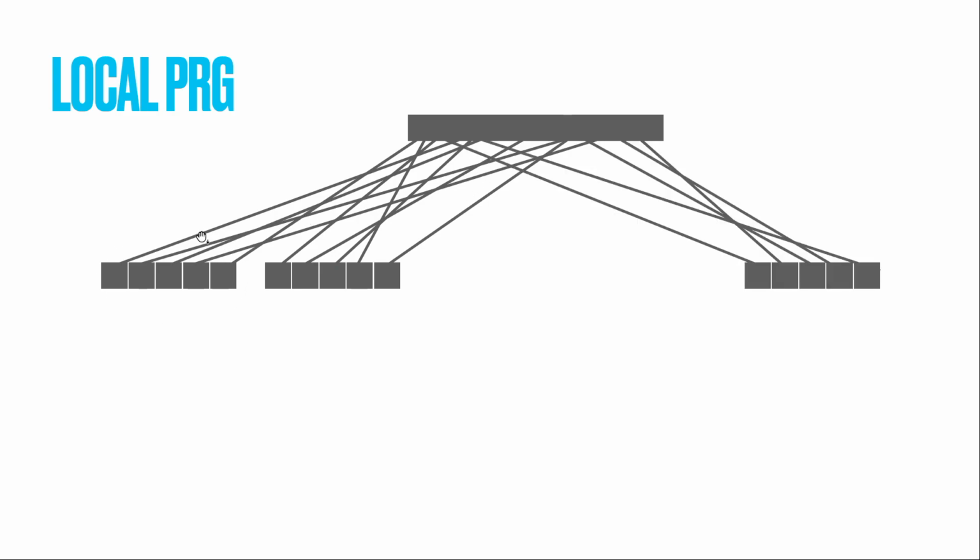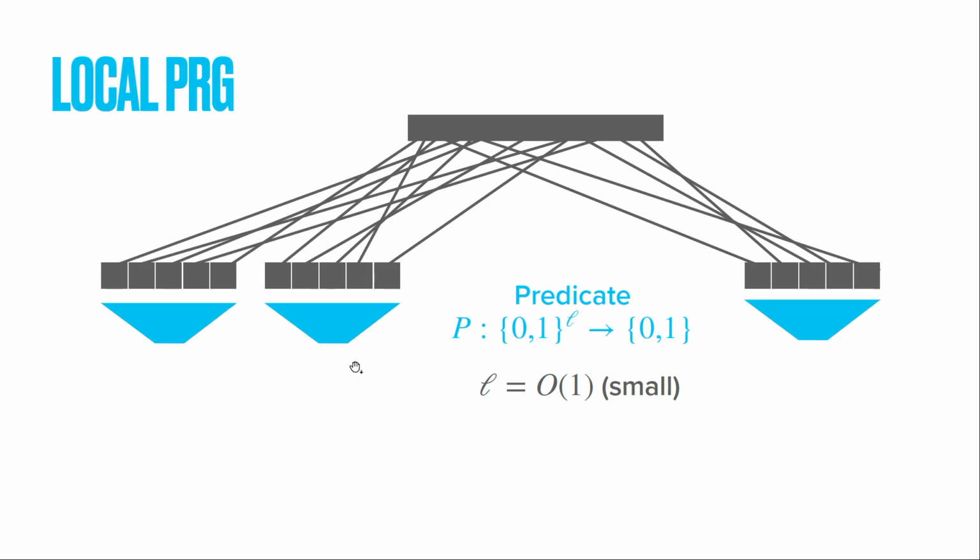Say I read off 5 bits, or the parameter I'll use is L, from the input, then another 5 bits from the input, and I do this a whole bunch of times, one for each output bit. And to each of these subsets I apply some carefully chosen predicate. There's a lot of work that goes into picking the right predicate, but it's some way of mapping my small number of, say, 5 bits down to 1 bit. And when I apply this predicate, I get these purple bits out. The idea is that if you choose this predicate carefully and these subsets have some nice expansion properties, this should give you a local PRG.